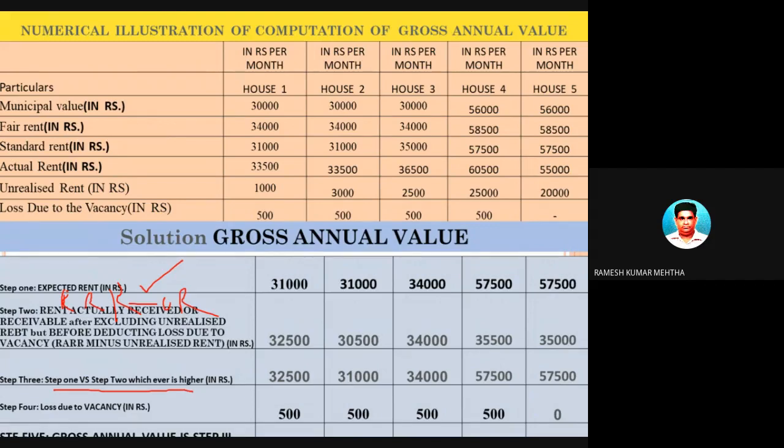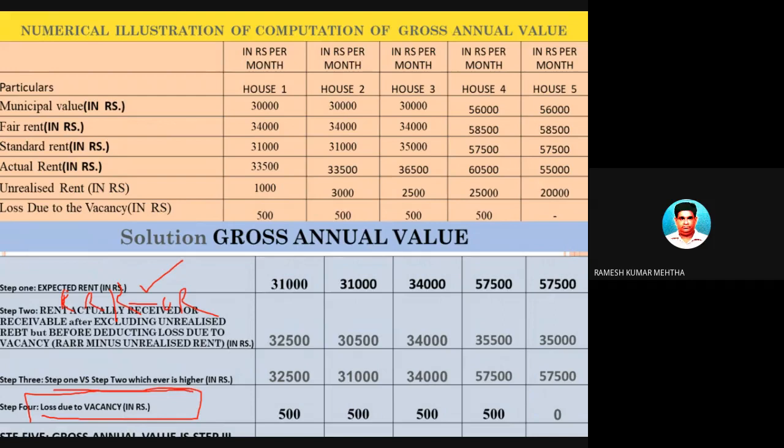Step 4, you have to find out the loss due to vacancy, as the house may be vacant for a certain period of time and there may be a subsequent loss. Step 5 is simple, step 3 minus step 4. Okay, let's start finding out the gross annual value of house property 1, 2, 3, and 4 and 5